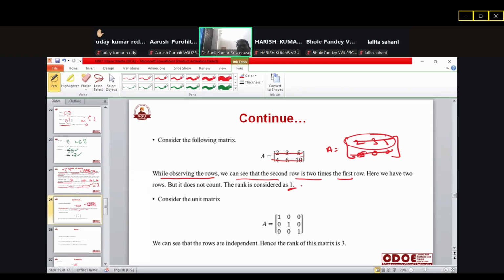तो एक ही रो नॉन जीरो है यहाँ पे, इसकी रैंक भी वन हो जाएगी। यहाँ पे देखें, जो हमने आइडेंटिटी मैट्रिक्स, यूनिट मैट्रिक्स लिखा हुआ है, देखो इसकी फर्स्ट रो भी नॉन जीरो है, सेकेंड रो भी नॉन जीरो है, और थर्ड रो भी नॉन जीरो। इस मैट्रिक्स की रैंक थ्री हो जाएगी, क्योंकि at least one of them is not equal to zero होना चाहिए। सारे के सारे एलिमेंट अगर जीरो हैं, तब जीरो काउंट होता है। उसमें से कोई भी एक नॉन जीरो है, तो वो नॉन जीरो ही काउंट होता है।